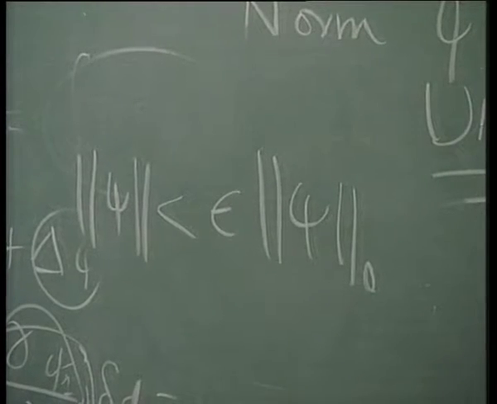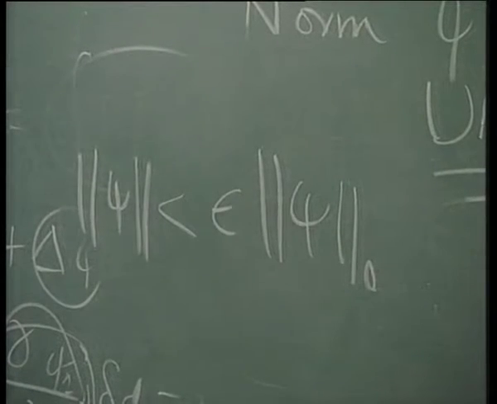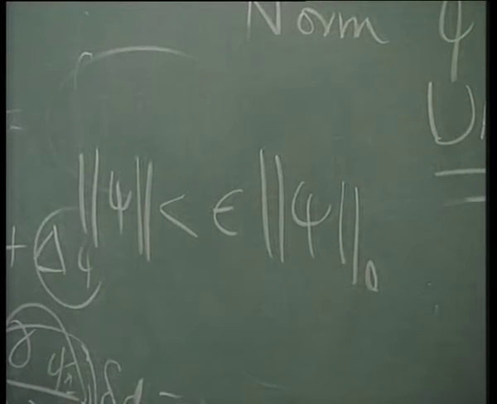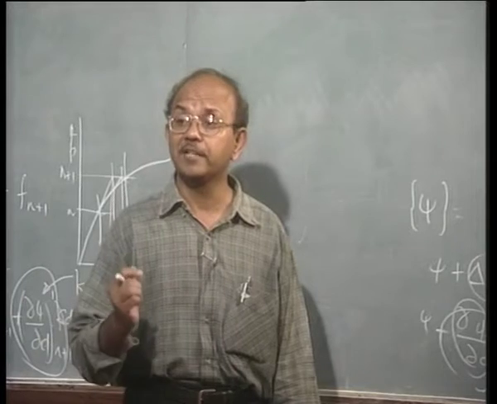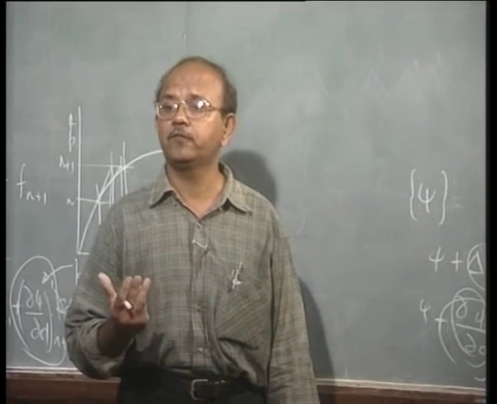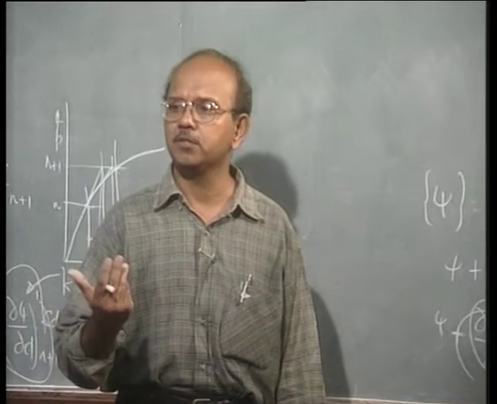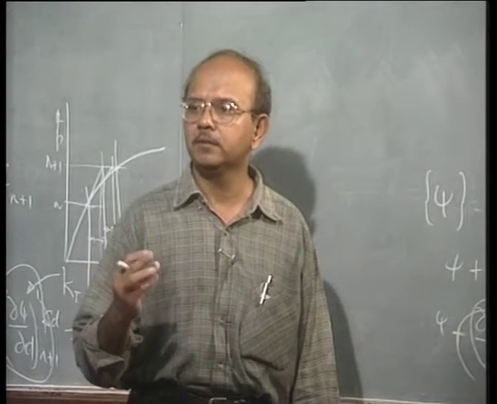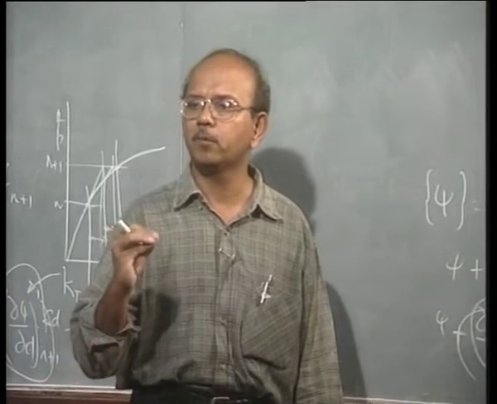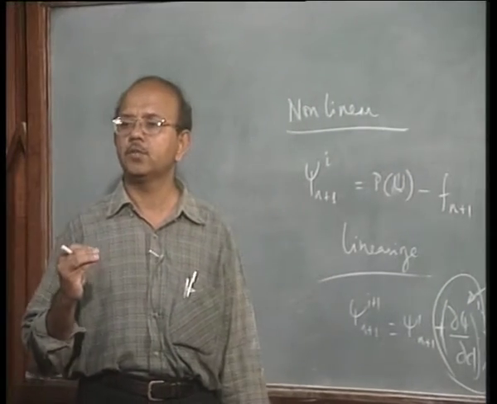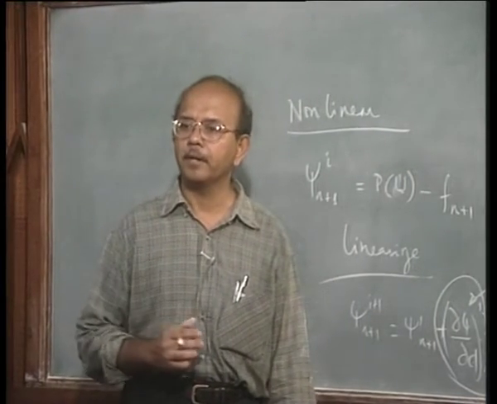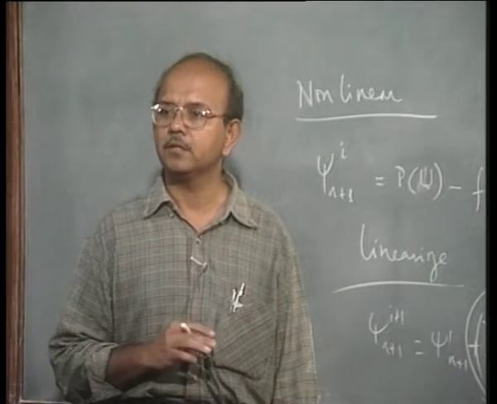And this tolerance is usually 10 to the power of minus 6 for Newton-Raphson iteration; it varies from problem to problem. If you want to have a tight convergence, then it's about 10 to the power of minus 6. But if you want a loose convergence, where you may get into problems because the solution may drift, then 10 to the power of minus 3 may be used. In many packages the default value is 10 to the power of minus 6, and you usually don't change it unless you are an ace nonlinear man.